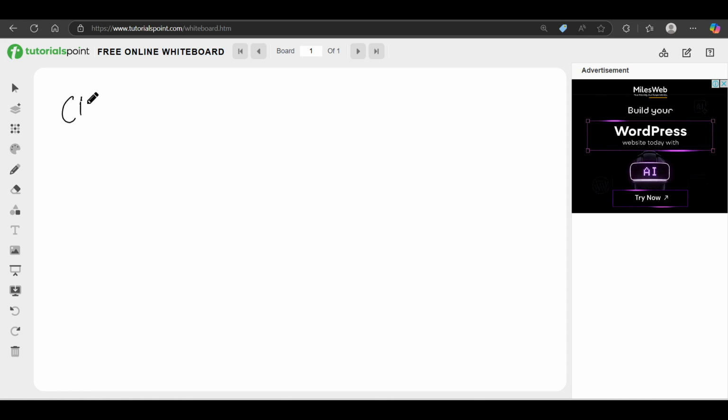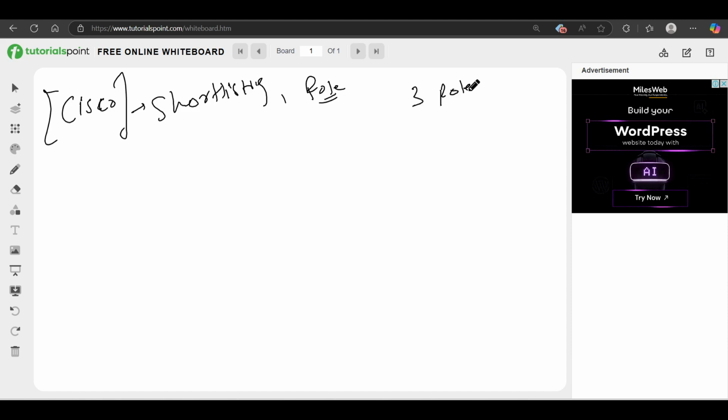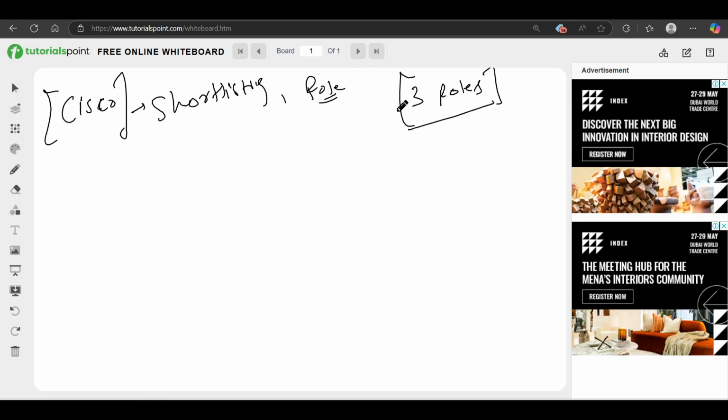So first of all, as I previously discussed about Cisco, this is basically your shortlisting mail. In this shortlisting mail, you will be selecting your role preference. Why does it matter? Suppose you are choosing three roles in your preference, then depending upon Cisco's requirement, what they allocate to you is important.